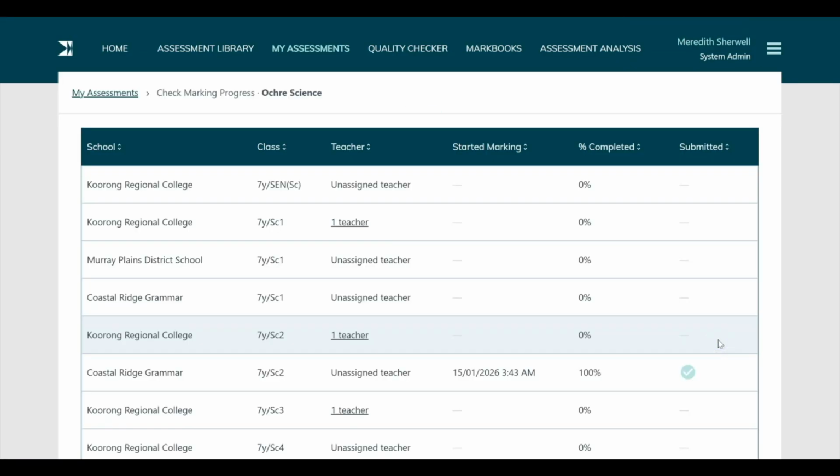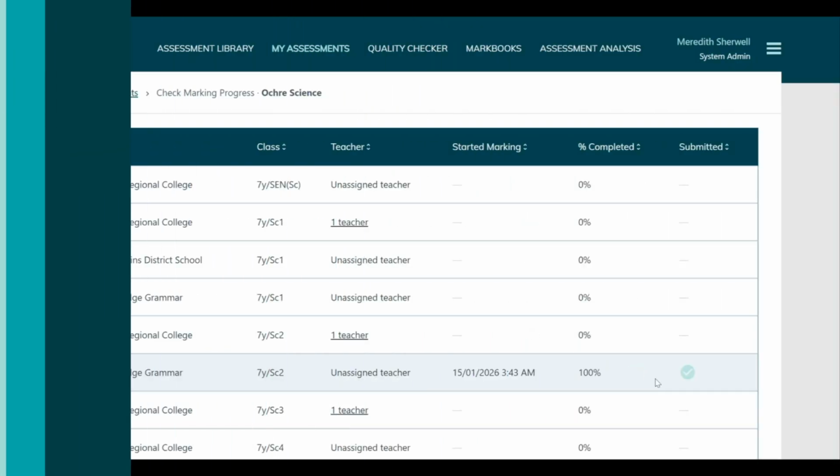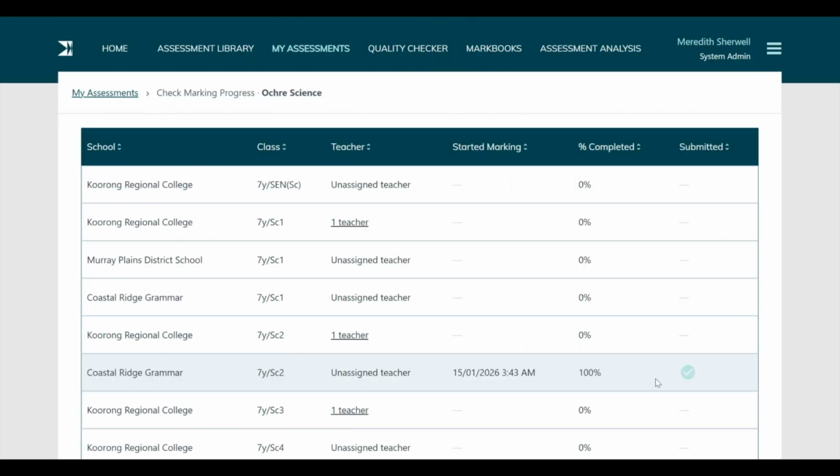This view shows you which classes have been fully marked and submitted, which classes are marked but not yet submitted, and which classes are still incomplete. Use the Teacher column to view the name or names of the teachers responsible for each class to see who to follow up with. Once all required mark books have been fully marked and submitted, you're ready to move on